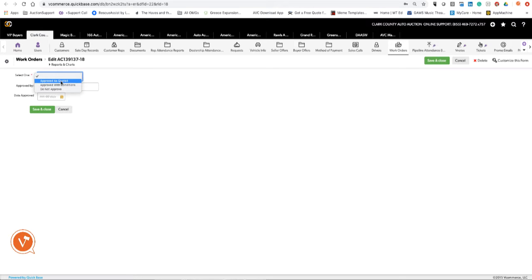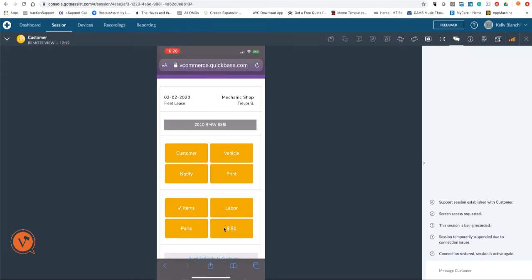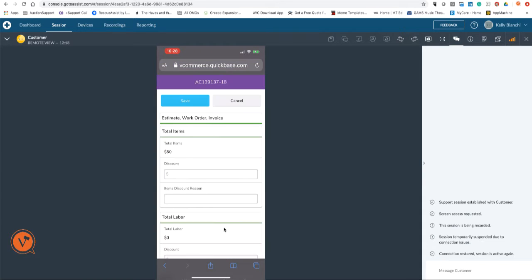So I'm going to approve this as quoted by me. And a little shortcut trick, I can put in T and that'll populate today's date by putting the letter T. So I'm going to save that. If I go into the estimate again now, and I scroll down,